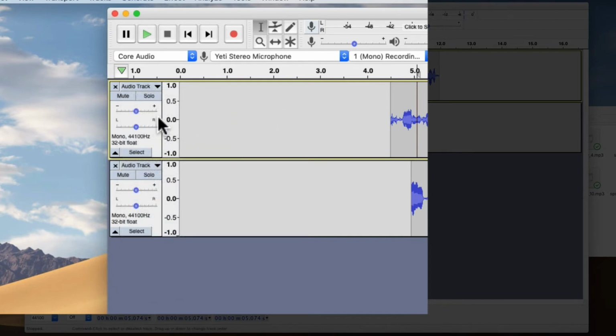The plus and minus buttons here will set the gain or the volume of the whole track up or down. So you can see if I slide this way, it's going to go up and down in decibels, louder or quieter. L and R are simply for the left and right speakers in a stereo mix. We'll get into that a little bit later, but that's called panning. And that way you can make a whole track sound like it's coming from a particular direction, to the left